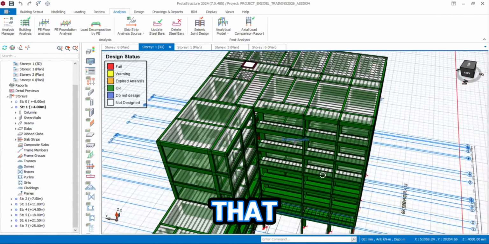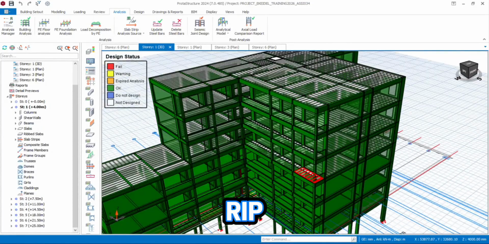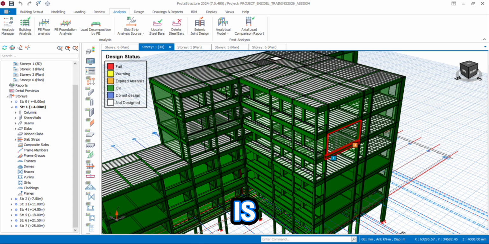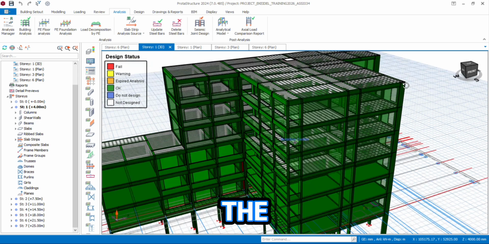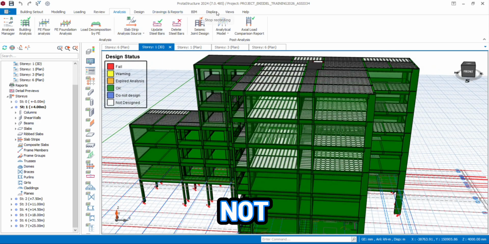And of course, you know that your rib slab is much lighter than the conventional solid slab, because of course you know that it has to do with the entire section of the slab not being filled, so you know there are